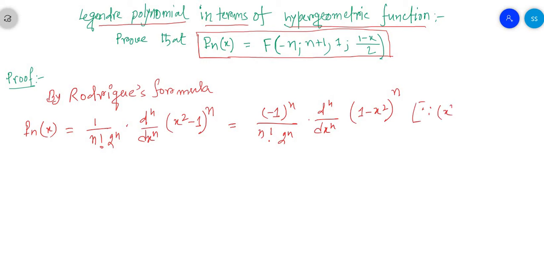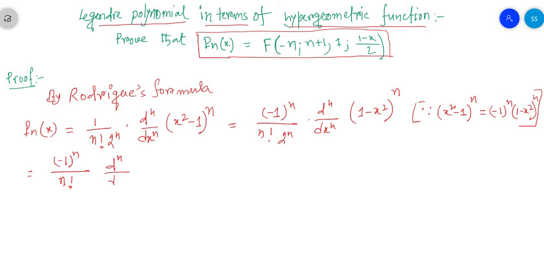Since (x squared minus 1)^n is equal to (-1)^n (1 minus x squared)^n, this is equal to (-1)^n over n factorial